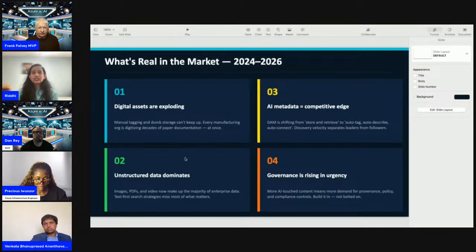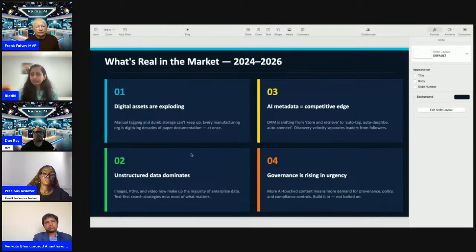What's real in this market? In the last 2 years, digital assets have been exploding. The manual tagging and the storage can't keep up. So every manufacturing organization is digitizing decades of paper documentation at once. However, unstructured data dominates at this point in time, because there are lots of images, lots of PDFs, lots of videos, a lot of thermal videos, and that is making up the enterprise data majorly.